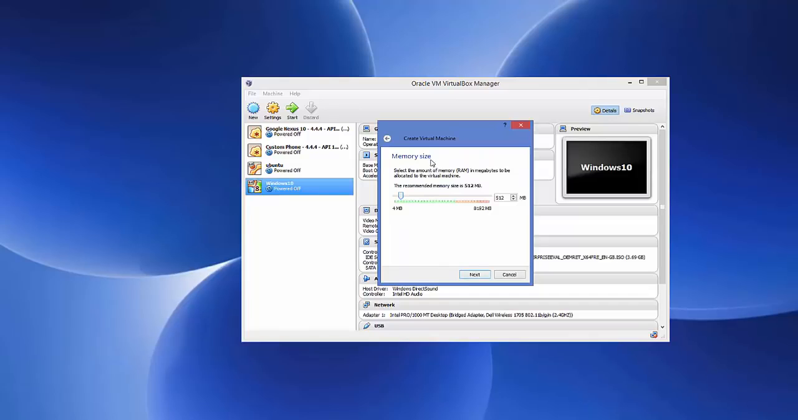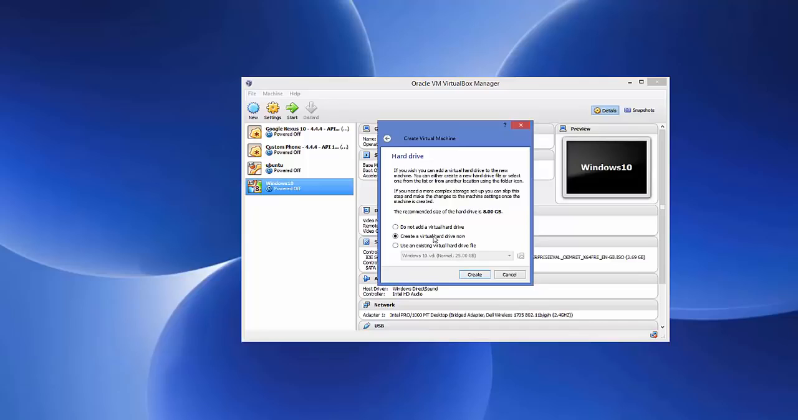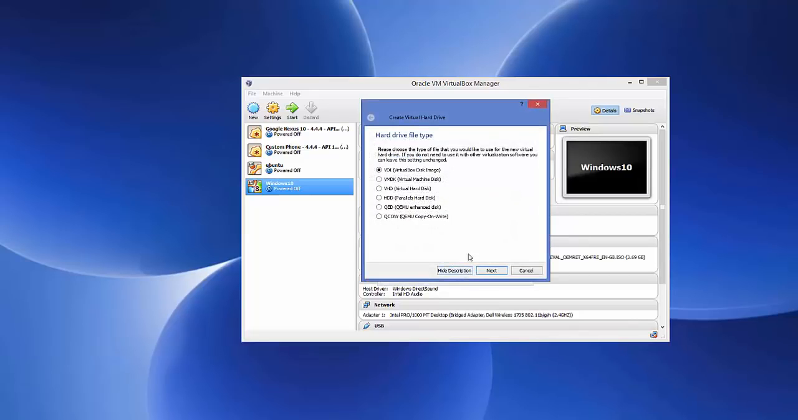Here you can choose the memory size. I'm going to give my virtual machine, for example, 4 GB. Then I'm going to click Next, and here it says hard drive, so we are going to create a virtual hard drive for now. Just choose the second option which says create a virtual hard drive now, and then click Create. Here you will be asked for the hard drive file type. We want a VDI file, so just leave it as default, which is the first option checked,